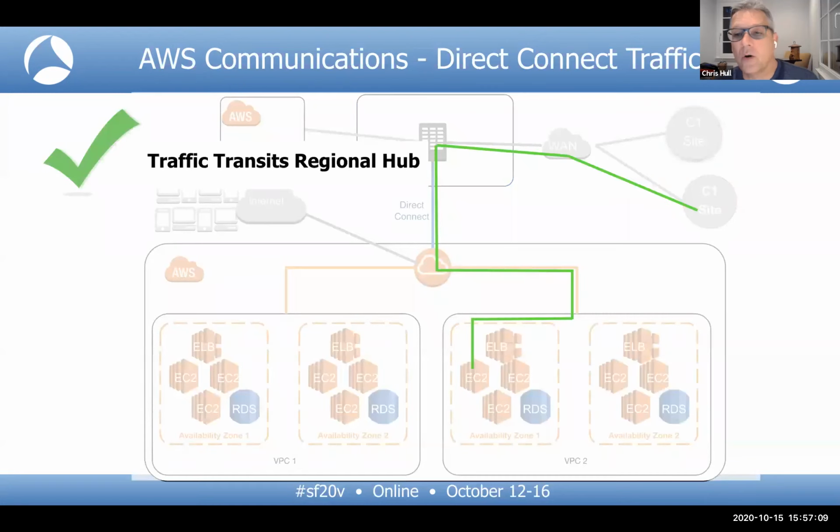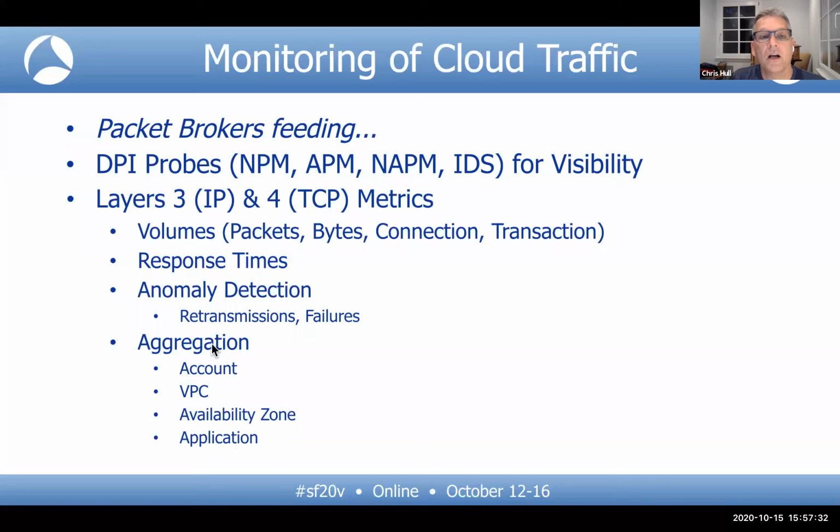So let's see what this looks like. If I have traffic going from one of our Capital One sites into AWS, then it's possibly going to be transiting that regional hub. So you can see that we have some opportunities for how we can get visibility to the network traffic. There's more than one visibility solution there, but that gives us some unique opportunities. If we have visibility to the traffic, at least going into there, and we'll talk a little later about how we expand from that, let's take advantage of a packet broker environment where we can get the packet data feeding into